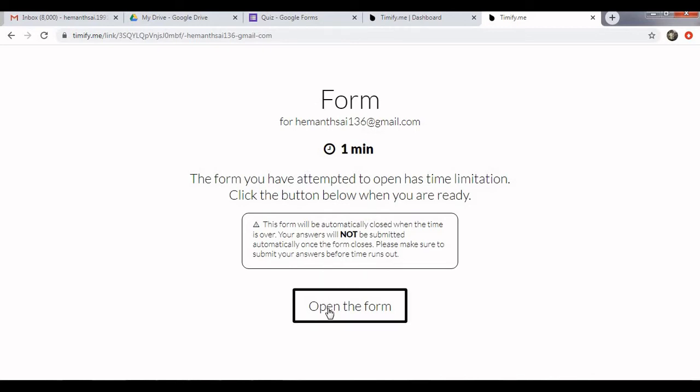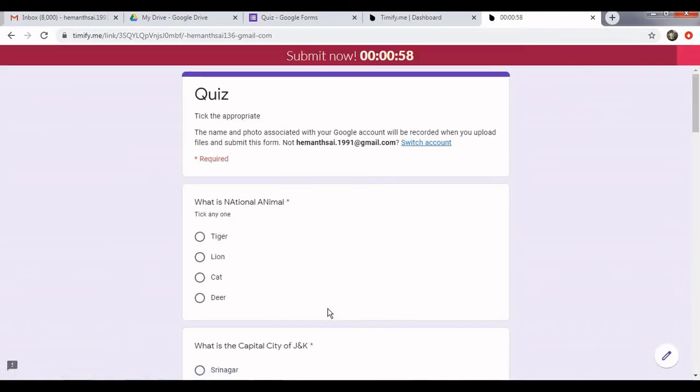The same will be sent to their mail ID also. Let me click on open the form. Yes, this is what we see. Submit now. You can see the timer: 50, 49, 48, 47, 46, 45, 44, 43, 42. Like this we can see the timer.